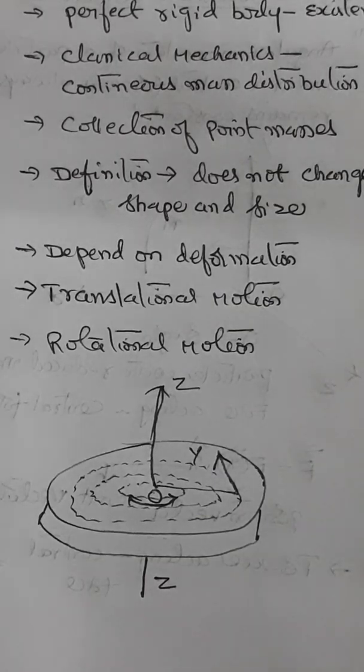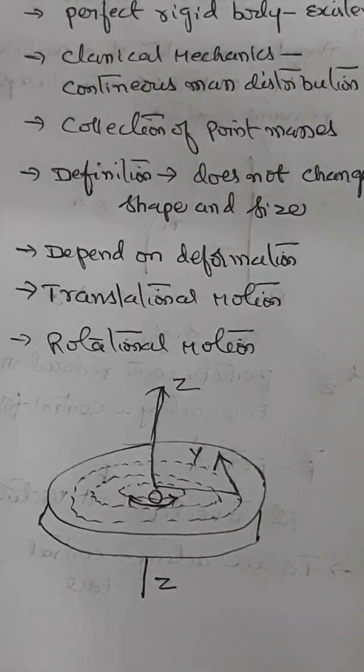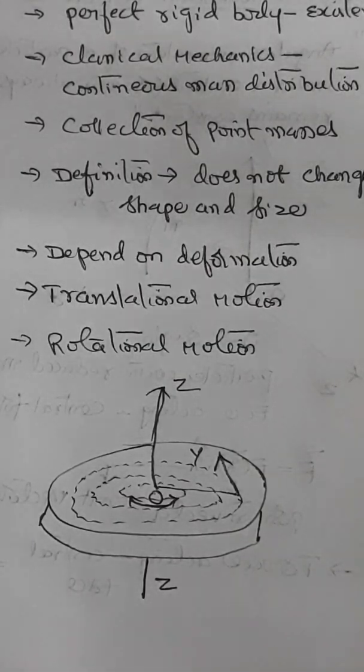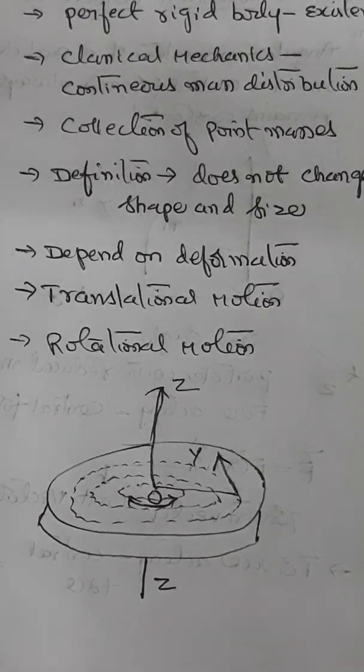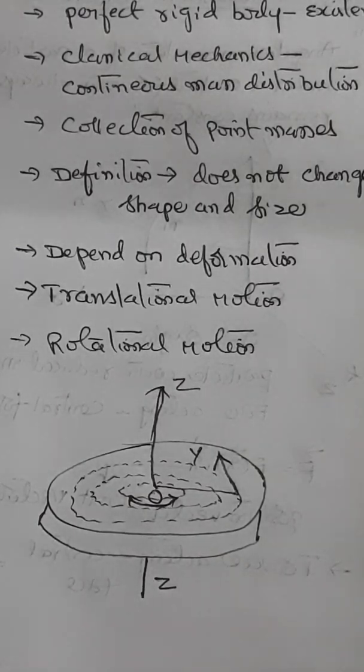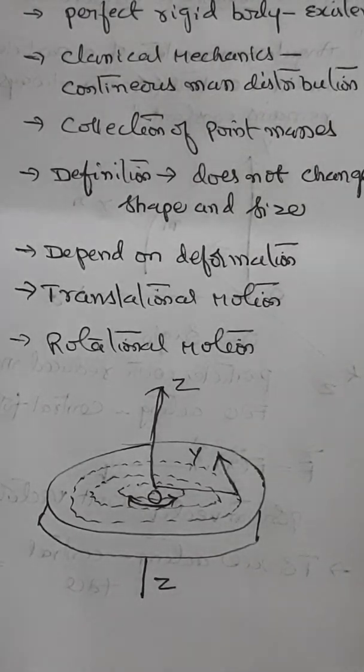There is something called translational motion. Translational motion means the motion by which a body shifts from one point to another point in space. For example, the motion of a bullet fired from a gun is an example of translational motion. In this, for any given time interval, if each particle of the body undergoes the same displacement in the same direction, then it is a translational motion.